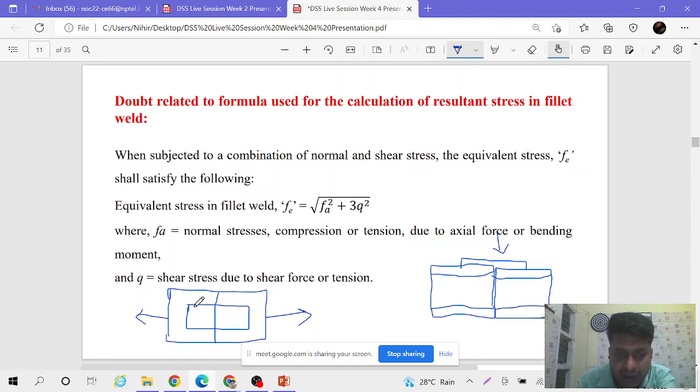After that you have to weld it, meaning you provide weld at this portion and this portion. So these are the side fillet welds. So this you have provided. At these portions, when this situation arises, you are joining these two flanges with a cover plate and by these side fillet welds. So at this location it says there is no need to calculate this equivalent stress.